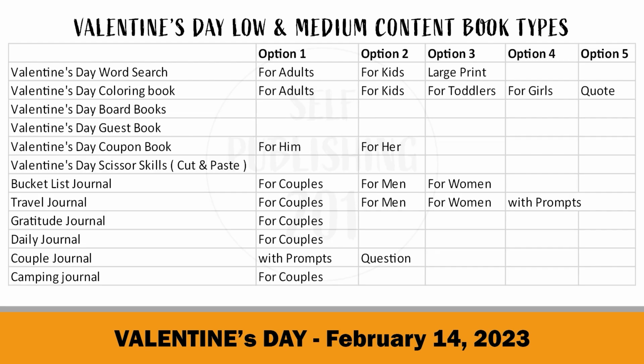You can see on this chart the different book types I found for Valentine's Day after making all these steps. So you can stop the video now, take a screenshot, and check each of them in detail later. Think about the other search phrases that couples may use while searching for gifts for their lovers. Then add each letter of the alphabet to the end of this search phrase to find different ideas. I am sure that you can find more low competition keywords and low content book types with this method.